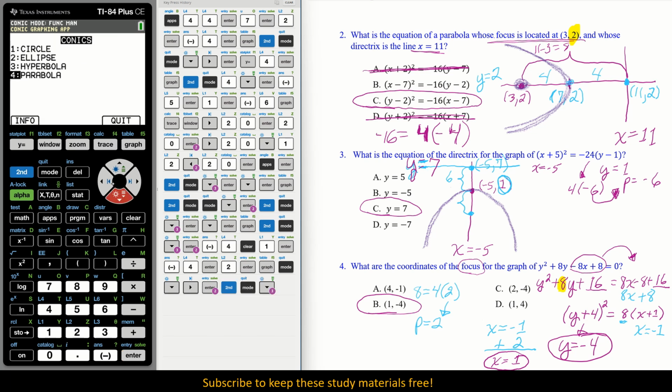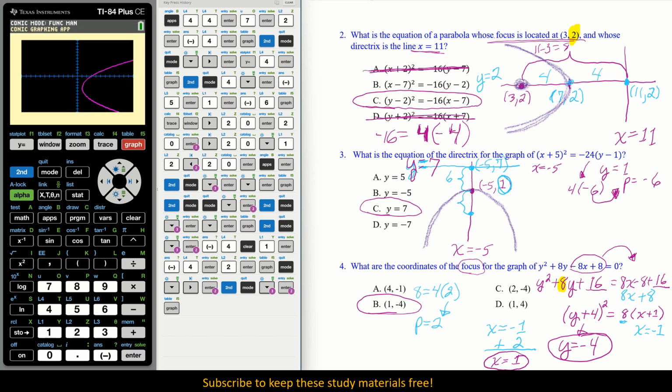Okay, I'm going to go second mode. Now, I'm going to go back to it. We were on the first one, and graph. That's a lot better. It looks more like what I would expect. And let's trace, and tracing gives us 1, -4